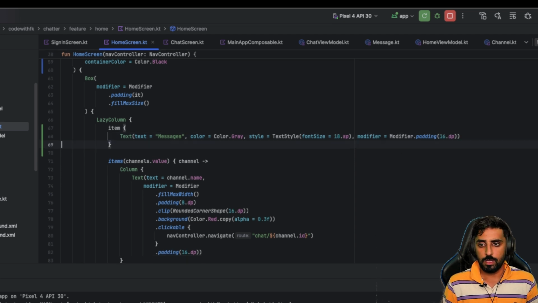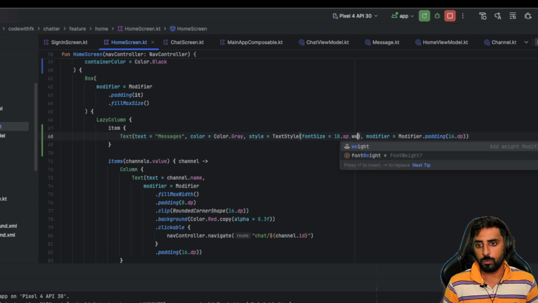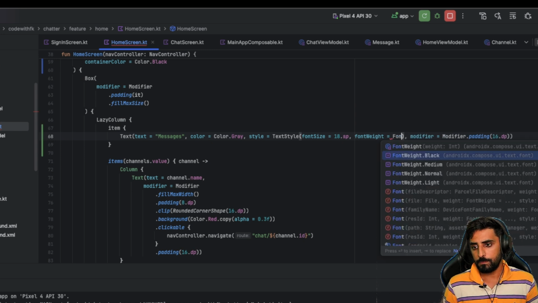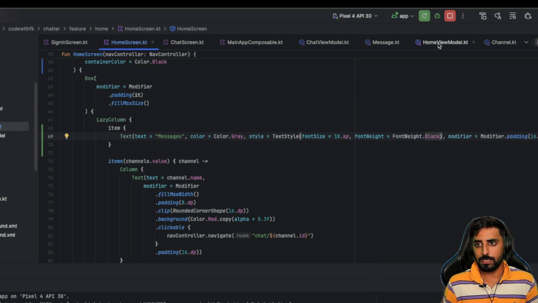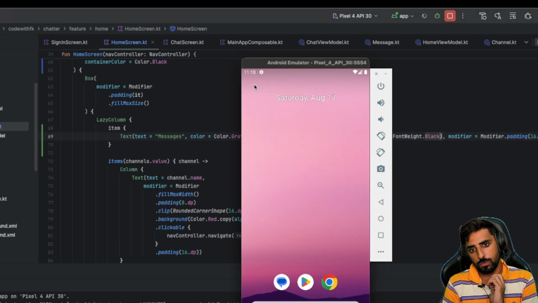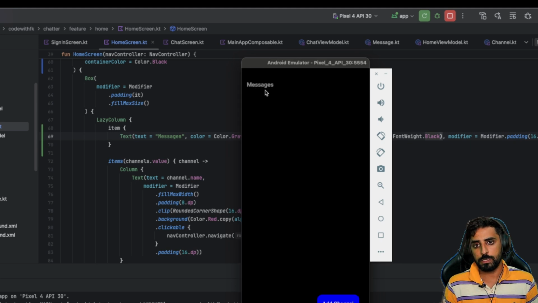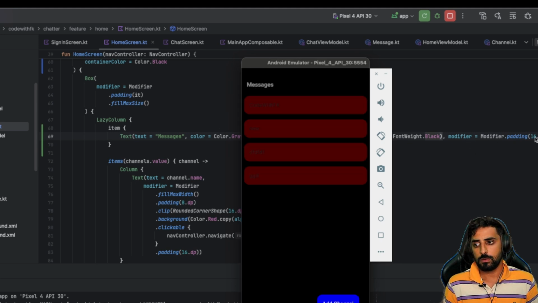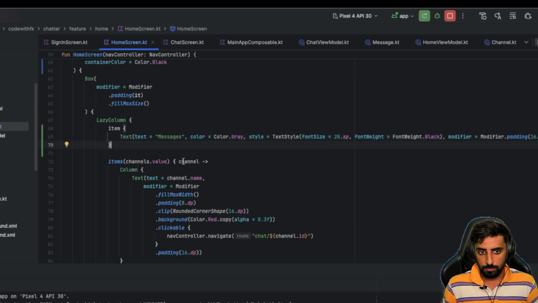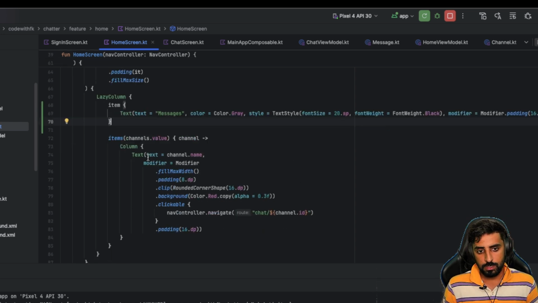Okay, and other than that, I would like the weight to be slightly boldish, with a color tight text for this. So I hope this time this looks better. Sounds like it looks good. Okay, the next thing would be, since we have this messages and then we have this section,